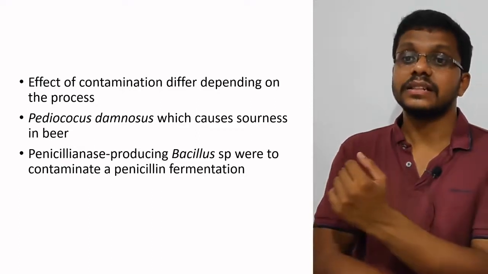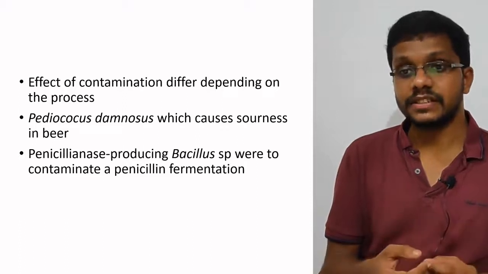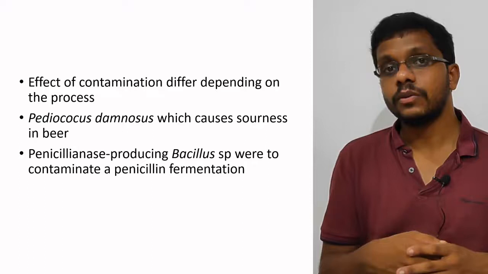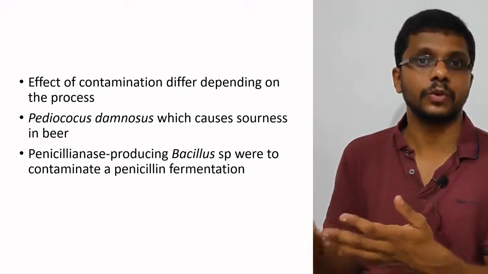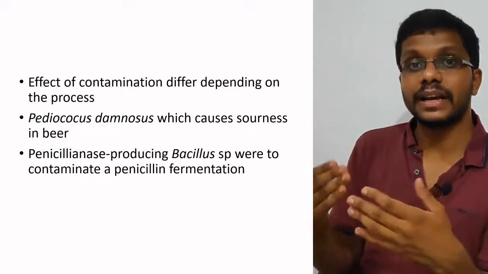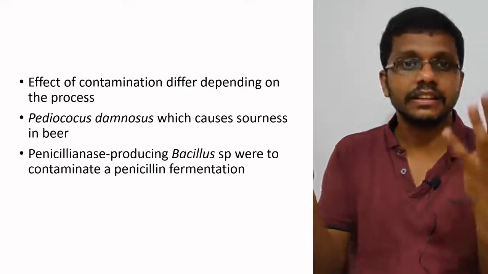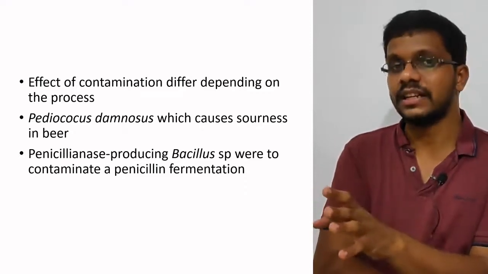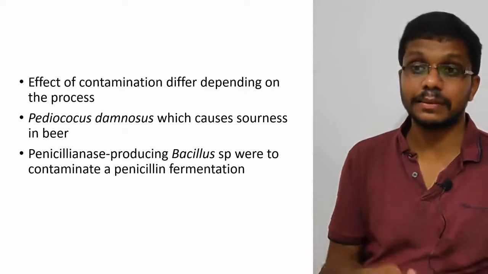So in another case, sometimes in penicillin producing fermentation, Bacillus species can be a contaminant. If Bacillus comes in, they produce an enzyme called penicillinase, which actually degrades penicillin. So on one end, the fungus is producing penicillin, and the contaminating bacteria is actually degrading penicillin. Because of this degradation, the yield will be reduced dramatically. Especially as Bacillus has a higher growth rate than the Penicillium. So it is a very difficult contamination.